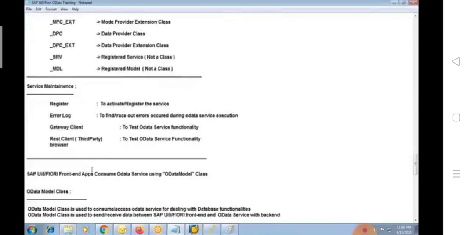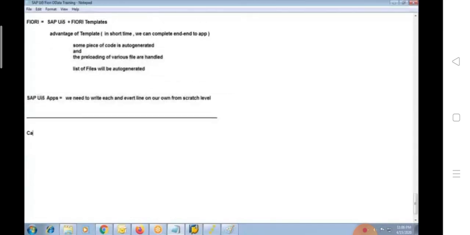So that means callback functions come into the picture. One is a success callback function, and there will be a failure callback function for every method. If the OData operation is a success, you can send some message from OData and execute a success callback function in the front end. And if the operation at OData level fails, then the failure callback function is executed.